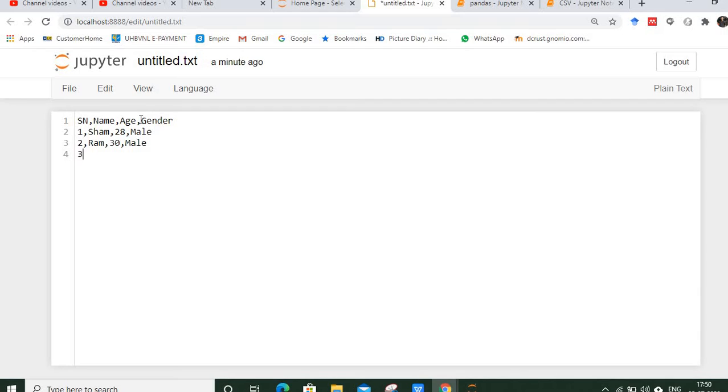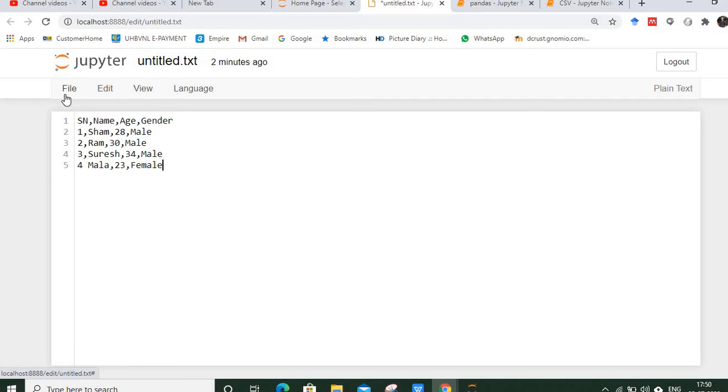And then the next row, serial number, and then let us say Suresh, and then age male, and then serial number 4, let's say and female. So here we have entered the data for 4 different rows.